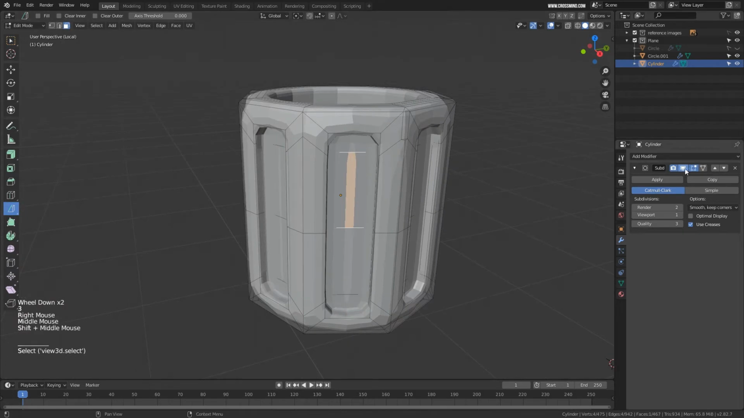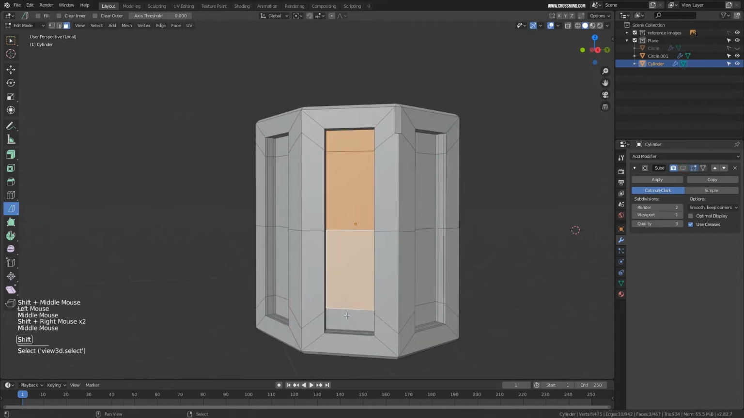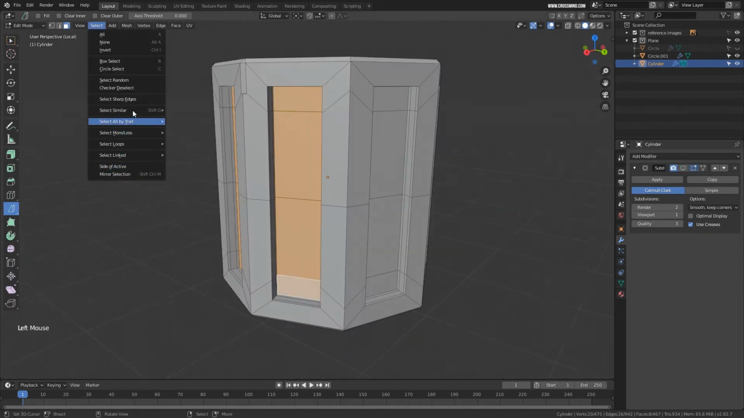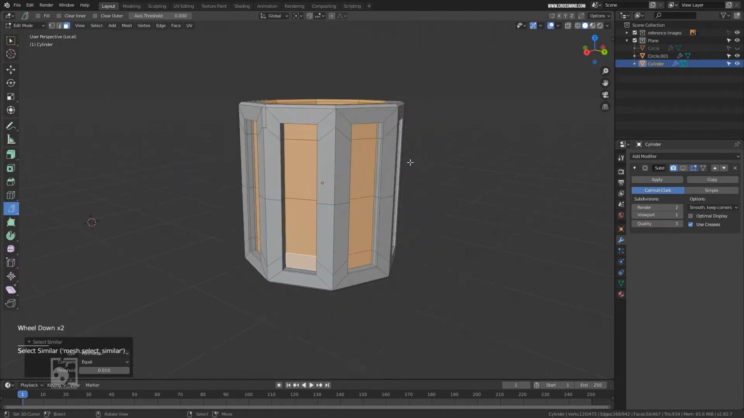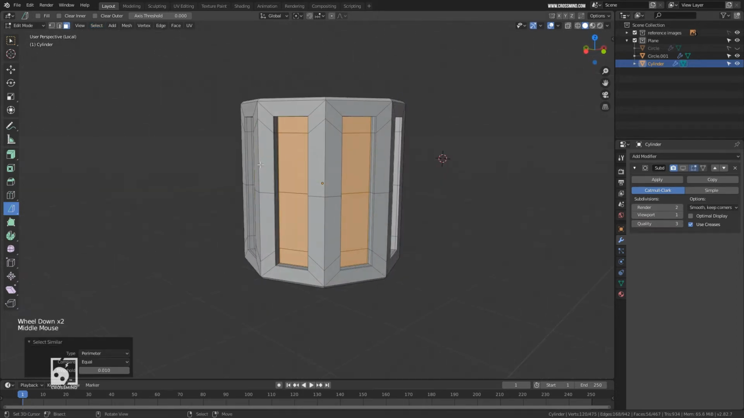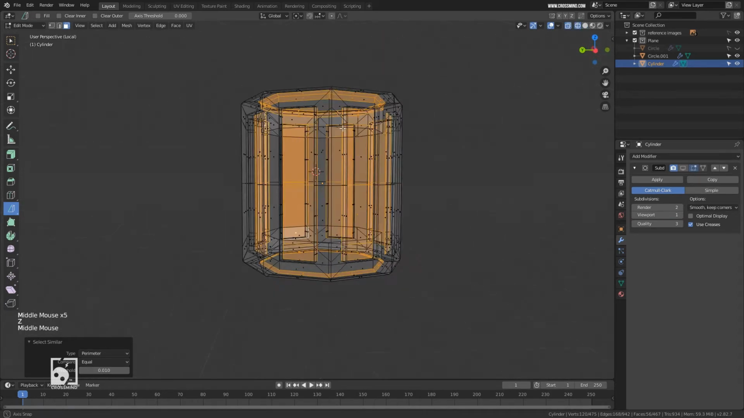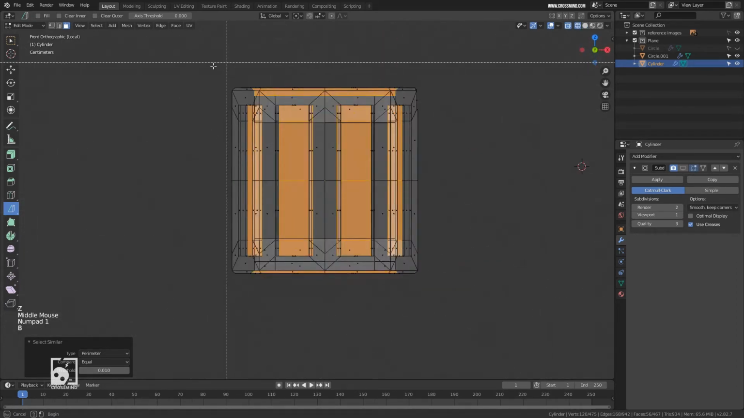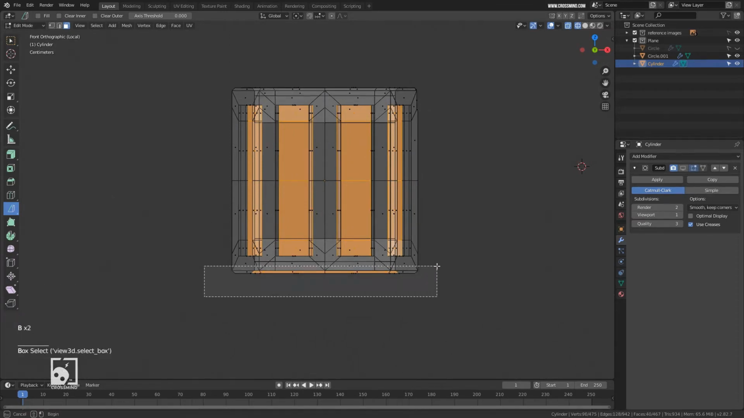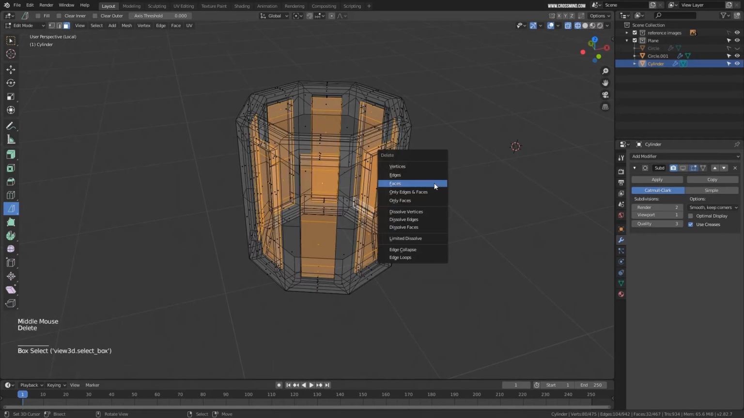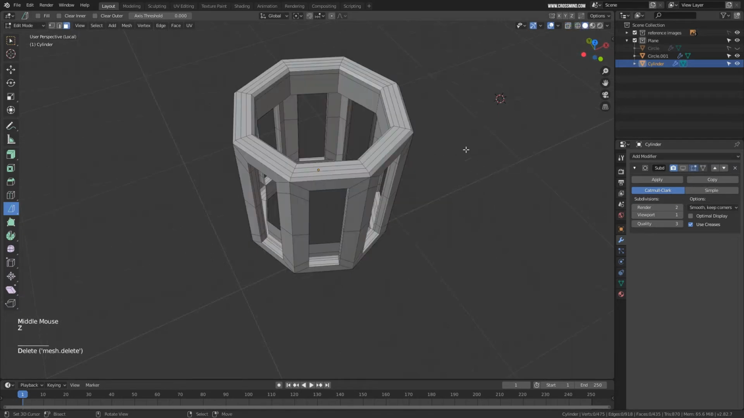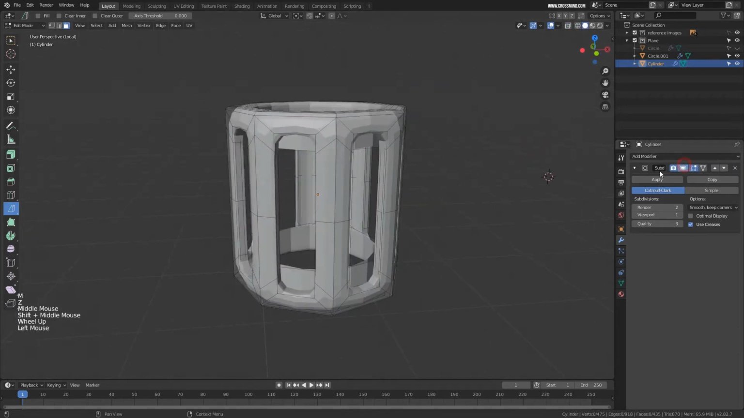Now I can delete these faces. I don't need these anymore. Select similar perimeter. Okay, now this will select all these faces, but it's also picking up these faces. What I can do is just deselect these with the middle mouse and delete faces. All right,